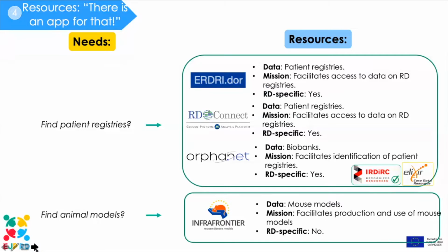We conducted two surveys, one in the first year of the EJP and the second one in the last year, in order to know the needs of rare disease researchers. In the first year, it was intended for ERN researchers. So we